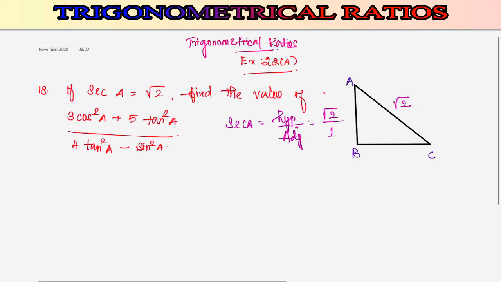Now the hypotenuse side we have written it is root 2. This is the hypotenuse side. Now angle A, it is going to be beside the opposite side. So opposite side is BC and here this is the adjacent side. So adjacent value is 1. Hypotenuse side is root 2. We need to find out BC. This is the right angle triangle.